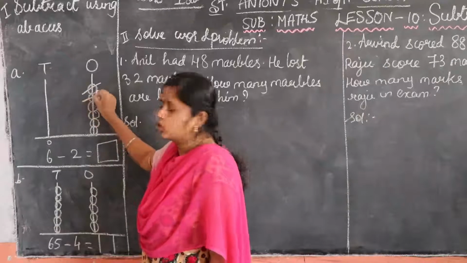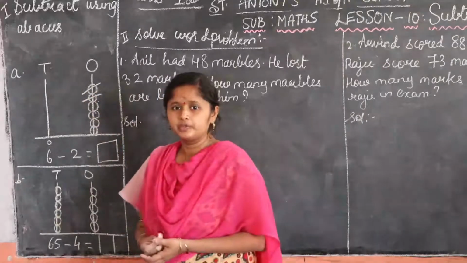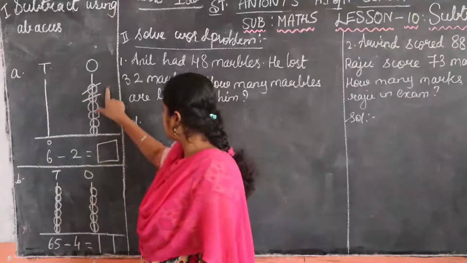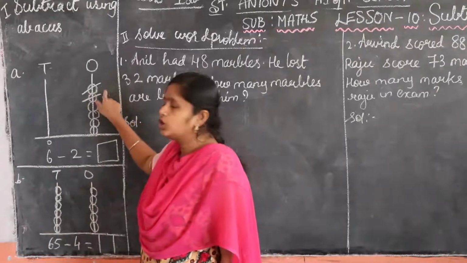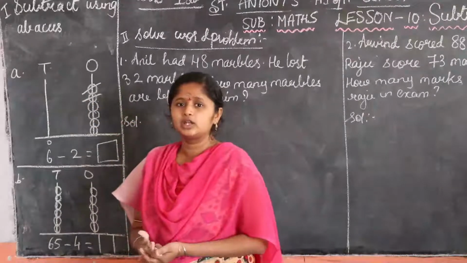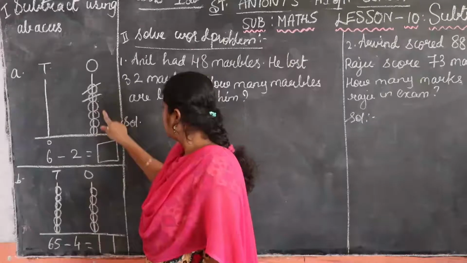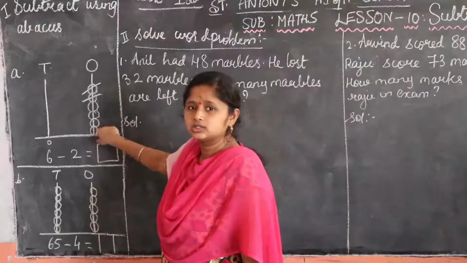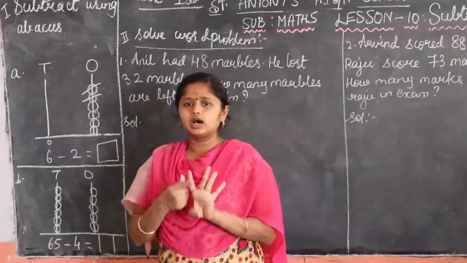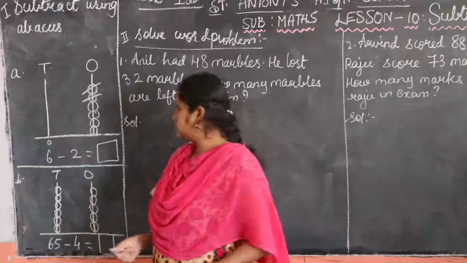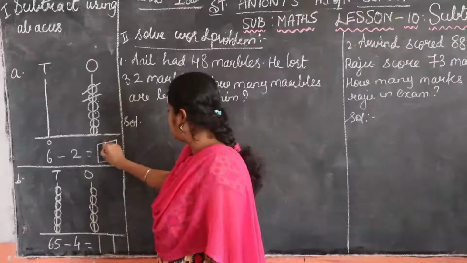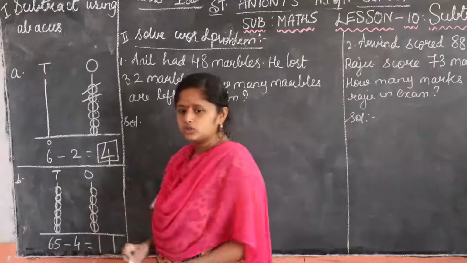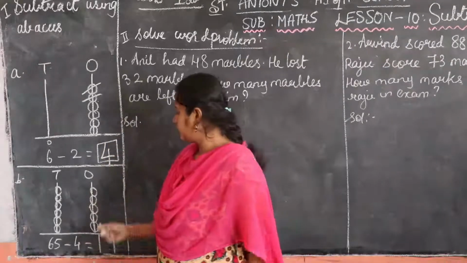So we will remove 2 beads. 1, 2. 2 beads we have removed. So how much will be left in the ones place, children? Count. 1, 2, 3, 4. 4 beads are left in the ones place. So you have to write 4 in the box. Okay. Next,